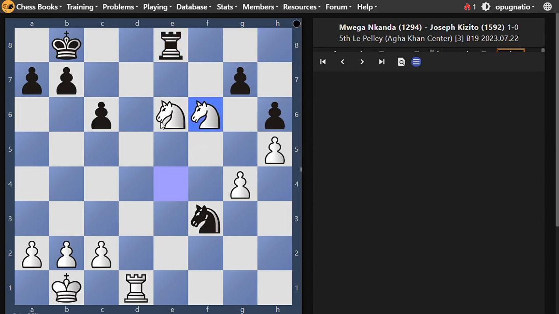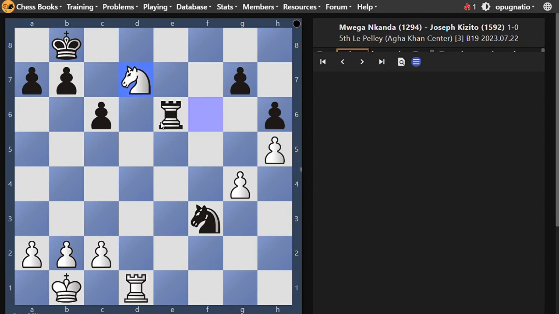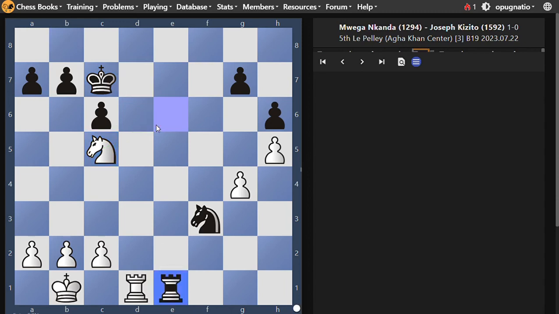So I took his bishop, he took my knight, and I played a knight to d7 check. He played his king to c7. I played my knight back to c5, attacking his rook. So he clearly had to move his rook, and he played rook to e1, and this immediately was